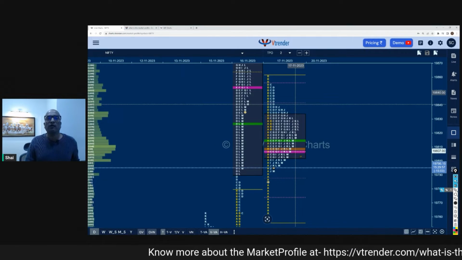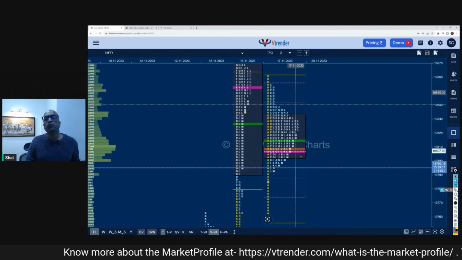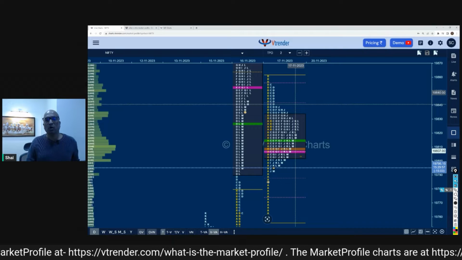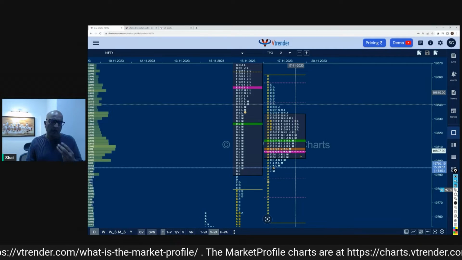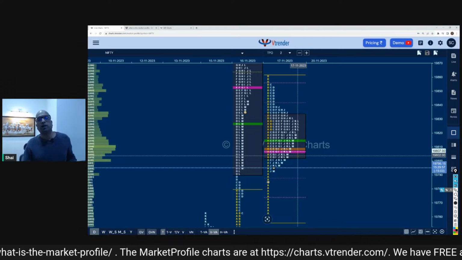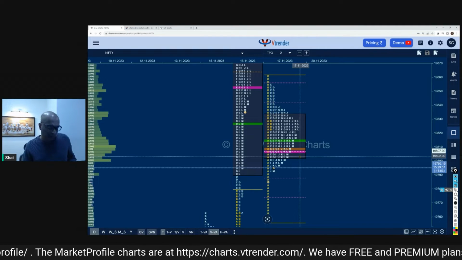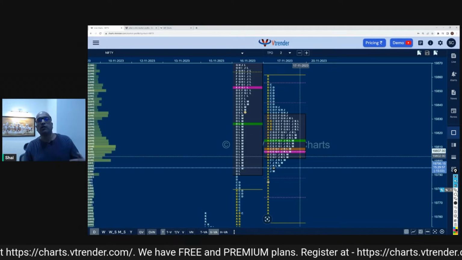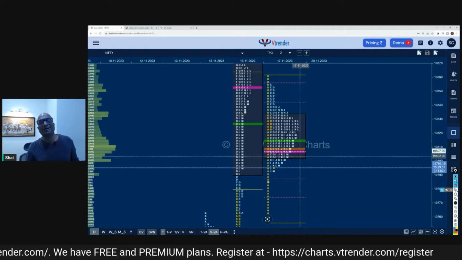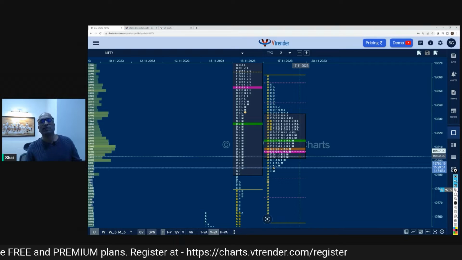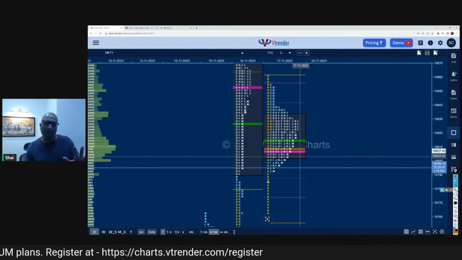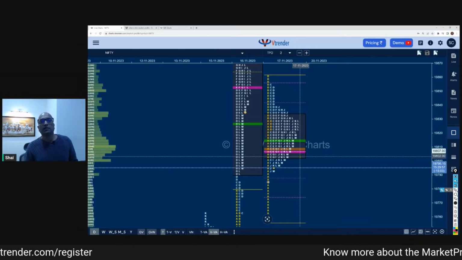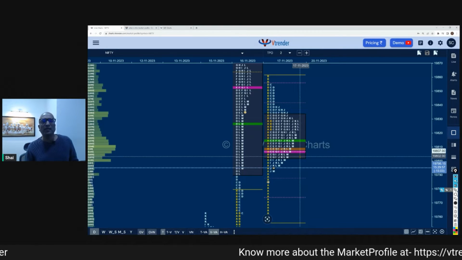The second word I want to give you is value area. Now this is also a basic building block of the market profile. And today I'm just going to give you 3 key concepts of the market profile. And if you can be clear with me on these 3 concepts, you understood about 40% of market profile. It's not complicated at all. It's a very simple language, but it needs a bit of understanding at the very beginning to get good at it, right? So the second word is value area.